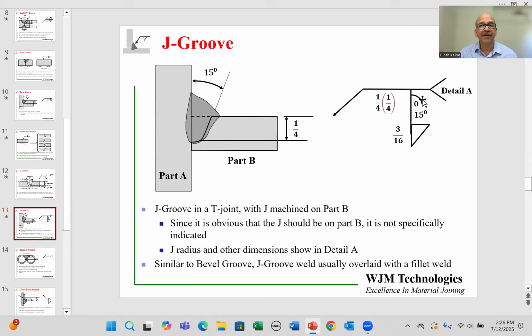Now, the manufacturing engineer has the option of making these two separately or making both in one pass. And that's also possible. I've seen that where the depth is small enough, or the bevel is sometimes small enough that you can make the bevel groove weld and overlay that with a fillet weld in one pass. So that is also possible. Again, that is not specified on the drawing, whether you have to do it in two passes or one pass. All the symbol is saying is you have to meet these specifications outlined in the welding symbol.